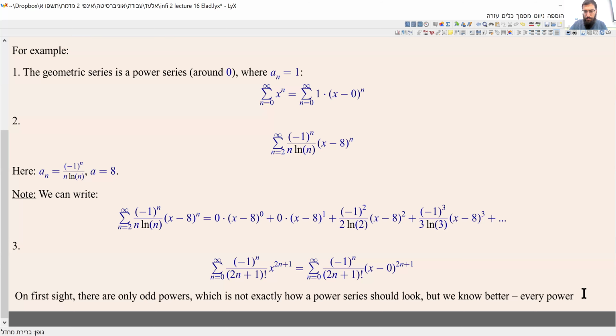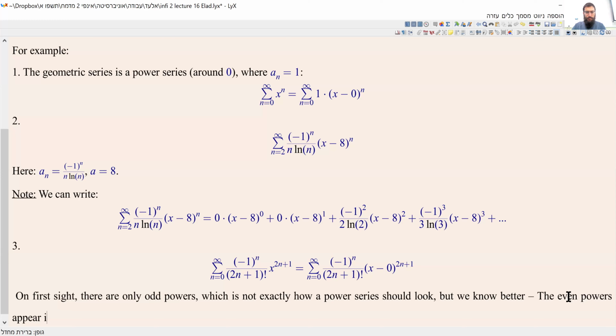The even powers appear in the series as well,